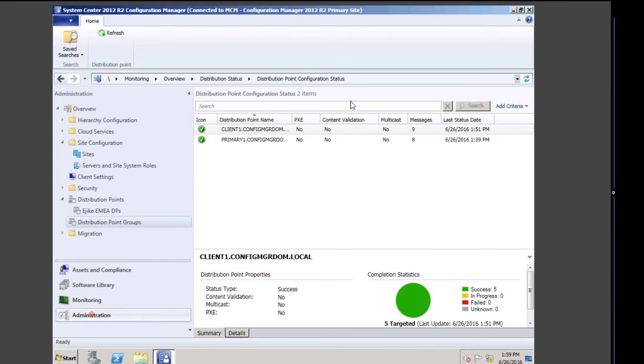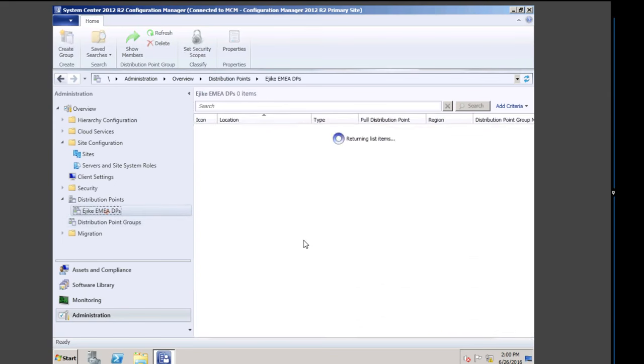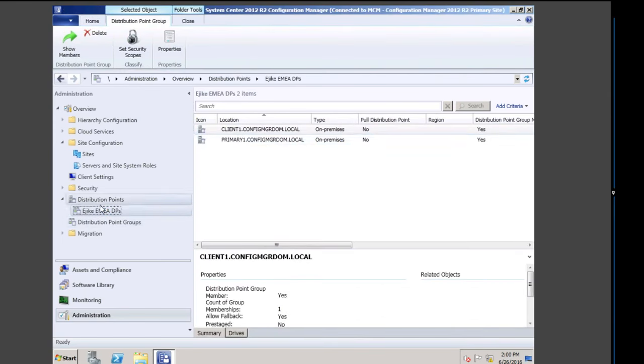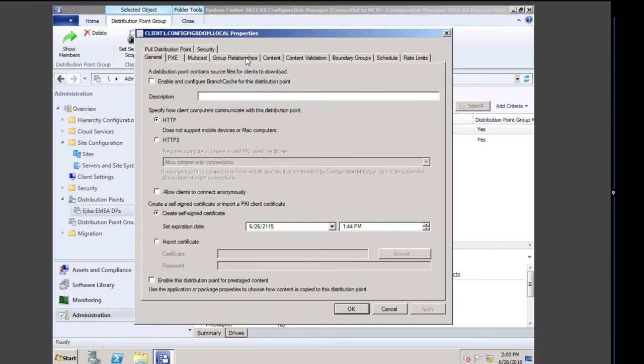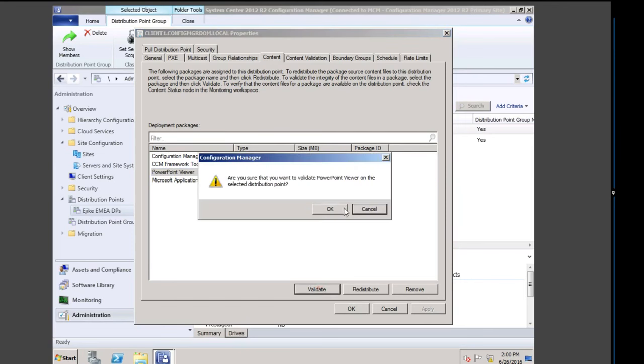If we go back to administration and click on the distribution points, click on the client distribution point and click on properties, then under the deployment packages, if we click on the PowerPoint viewer application that we've done, and if we click validate now, it's going to